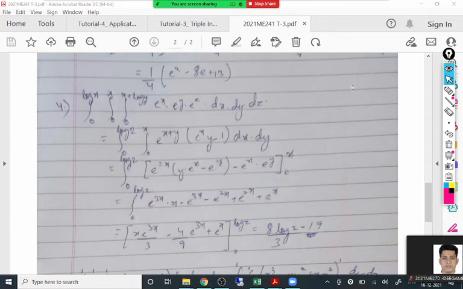Okay. So mainly you should focus on step-by-step calculation. It's not so difficult. It is only lengthy. I will tell you the triple integral examples are lengthy. Okay. You need to have patience.